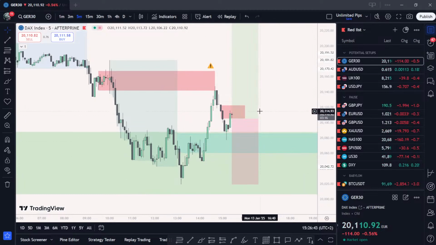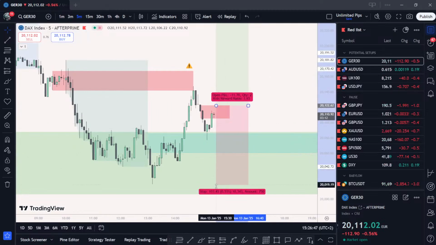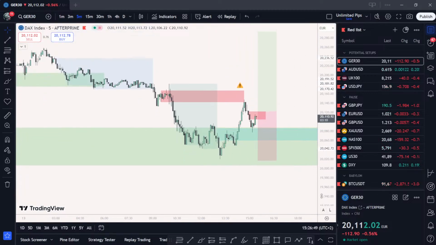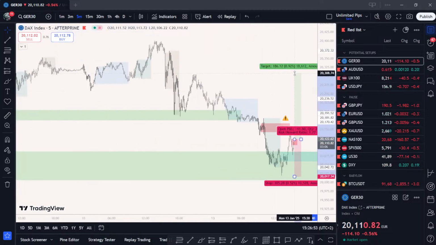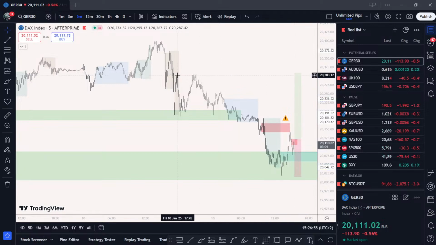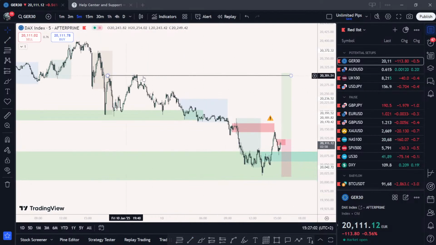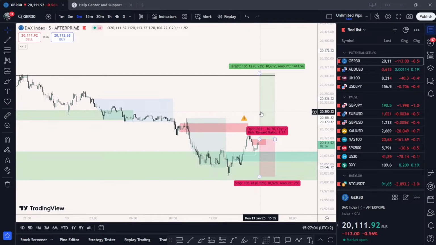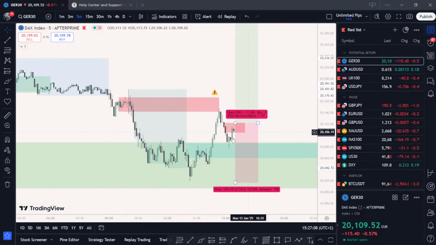But it depends on the RR you get, right? Because if we enter like this, we get really bad RR. So that's pretty much about it. We can target this side, but there's still pretty bad RR, but we have this liquidity here, which will probably be my main liquidity that I'm looking to target. So I'm looking to get 2R on that main liquidity if we get the opportunity.